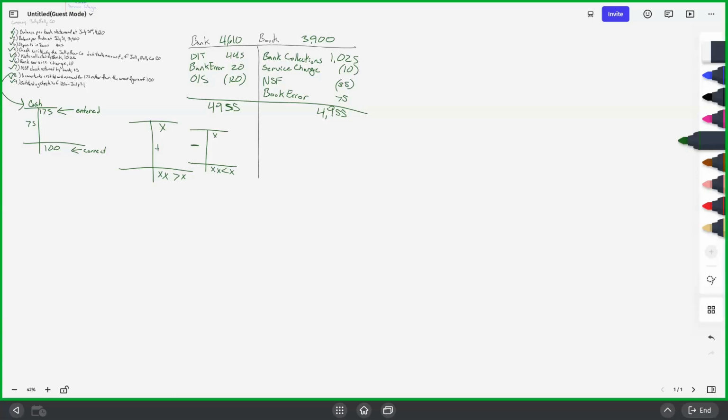But as for the book, what is the constant account you will always use, no matter what? Cash. No matter what, you will always be using cash. So I'm going to put this in red, and I'm going to just mark it by the numbers on here. So we know we start off on 5 for the bank collections.